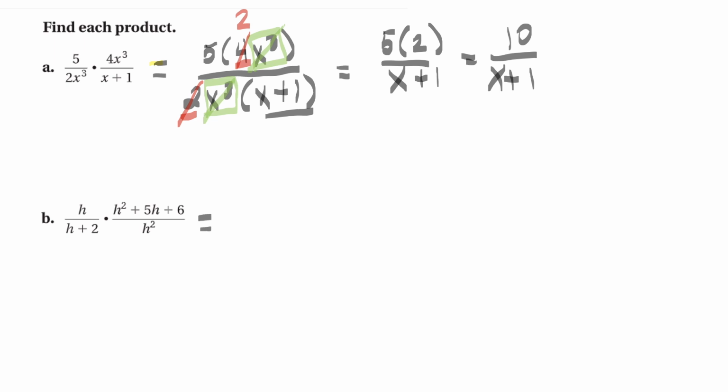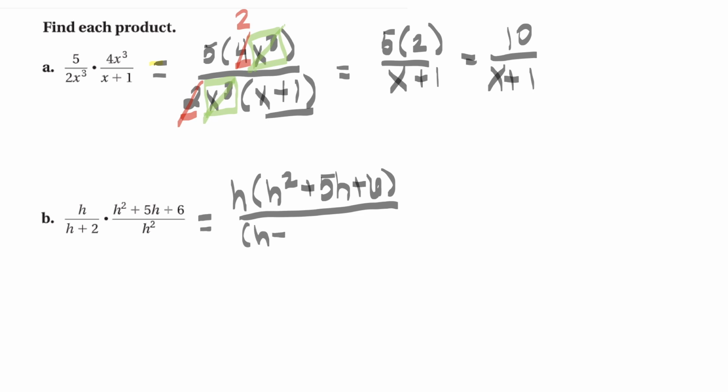Okay, so looking here, we have h times h squared plus 5h plus 6, over h plus 2. It's important I keep it in parentheses because I have to keep that all together. I can't cancel out just part of the addition. Now I notice that I need to continue factoring my trinomial here. So h squared plus 5h plus 6, I'm going to factor that to become h plus 3 times h plus 2